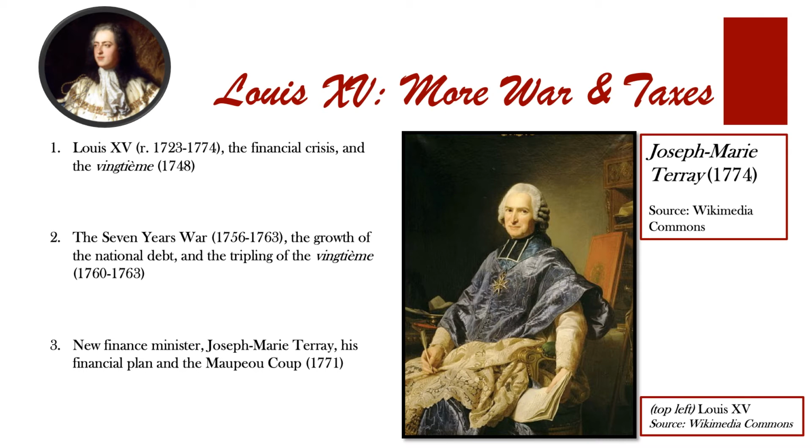When the renewed vingtième was set to expire, Louis XV once again went to the parlements to renew the tax, and this time the parlements refused. So the king set his new financial minister, Joseph-Marie Terray, to come up with a new plan. Terray's plan was dramatic. To deal with the debt, he proposed, first, a new plan for increased taxes. Second, a partial default on government loans. Third, a readjustment of the terms of loans from long-term to short-term payoffs. Fourth, a package of new loans that the monarchy would force the parlements to pay. And fifth, a suspension on loan payments from the government for a certain amount of time.